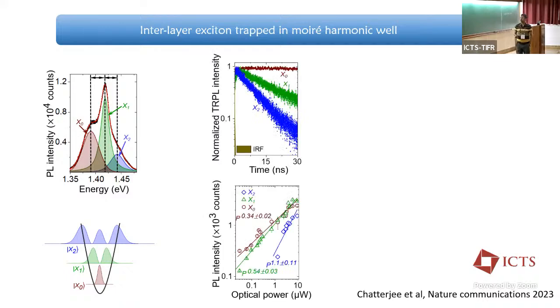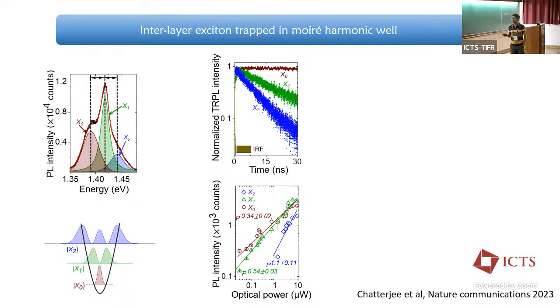Now, a couple of measurements. One is a lifetime measurement. The lowest energy is X naught, the next one is X1, and the upper one is X2. These are the three excitonic features that we are able to observe. Beyond that, we are not able to observe. From the separation, you can get an idea of the depth of